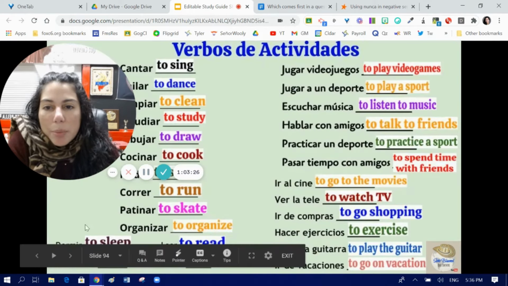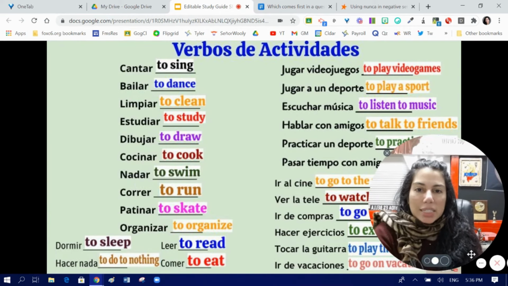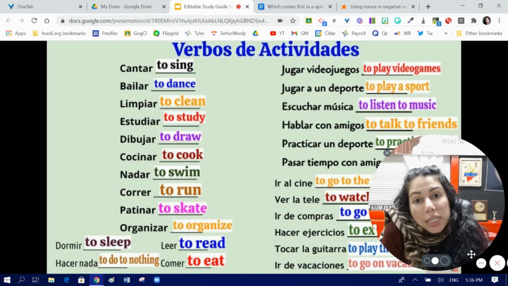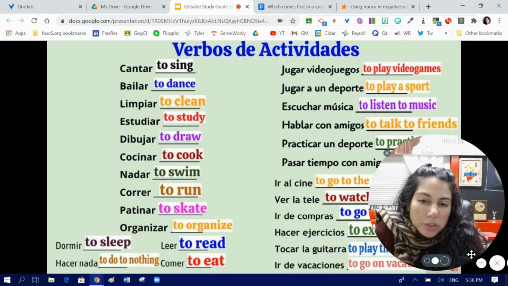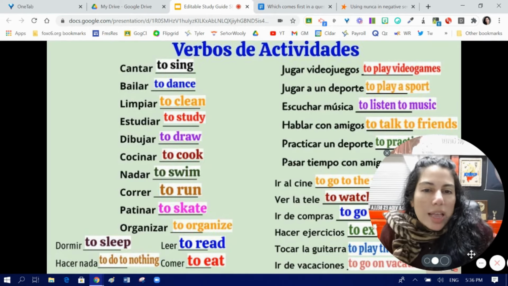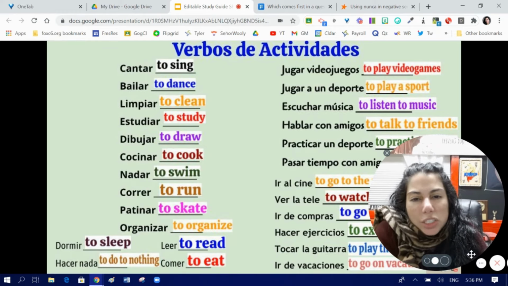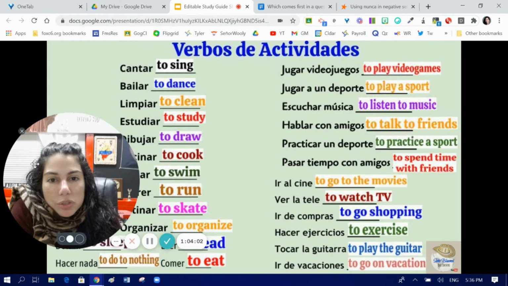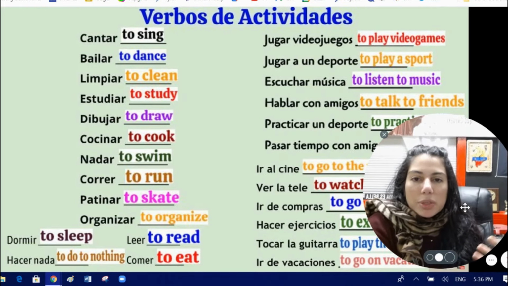Next thing we have Verbos de Actividades, so go ahead and find that page in your study guide. Again, just so you know, Spanish A has some of these that are not in your study guide because you haven't learned those yet, but Spanish B has this, so make sure you find them and you write down what they mean. So verbos de actividades, verbs that indicate activity, like cantar, to sing. And this is just a list of verbs that you need to know and be familiar with because we use them to talk about